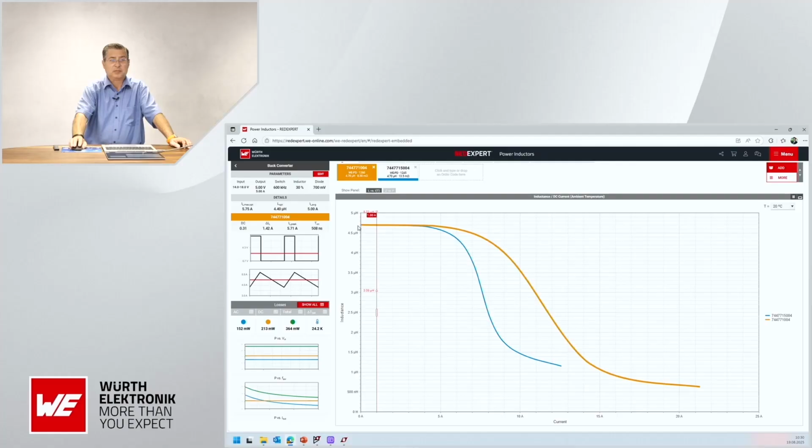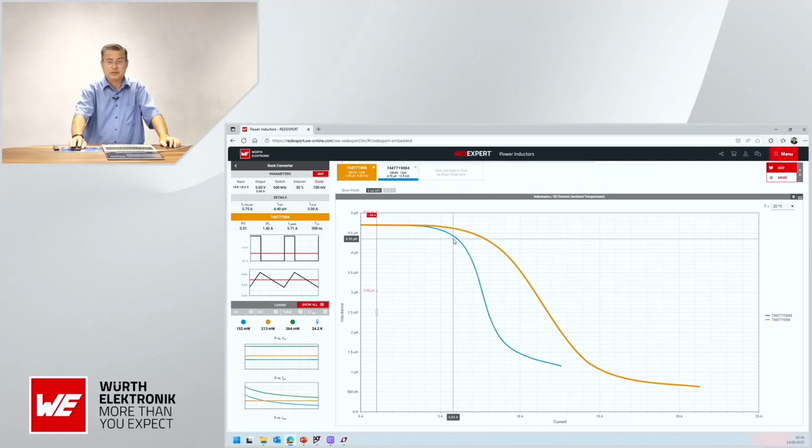So we know that both look quite nice at ambient temperature. What will happen if I have an inrush current for a short time? I have actually a 5 amp nominal current, which is not that bad. But maybe when you switch on an electrical motor or engine, or maybe a computer, the first impulse is sucking too much current. It can create an inrush situation, and the saturation, if you exceed something like 10-12 amp,